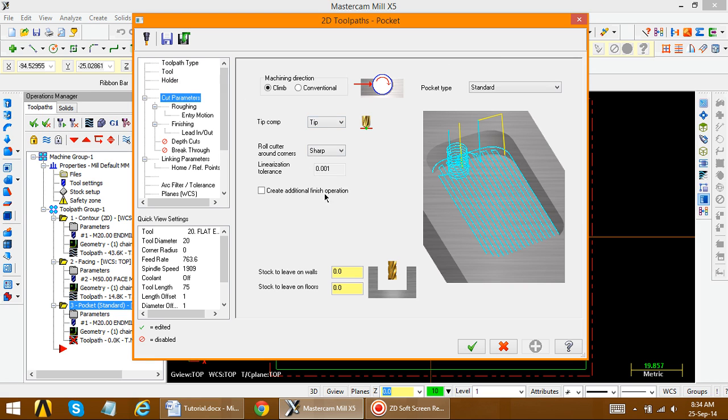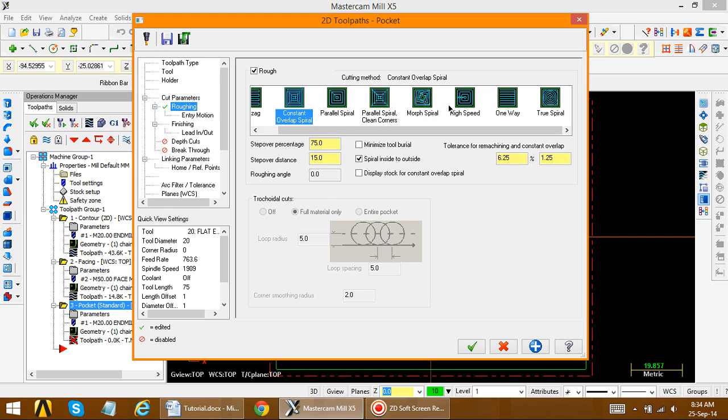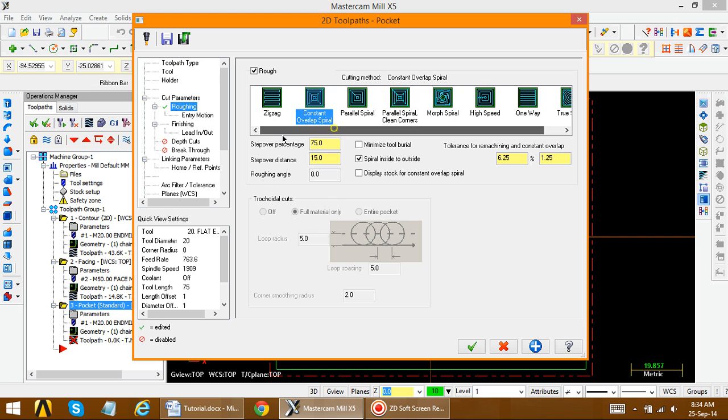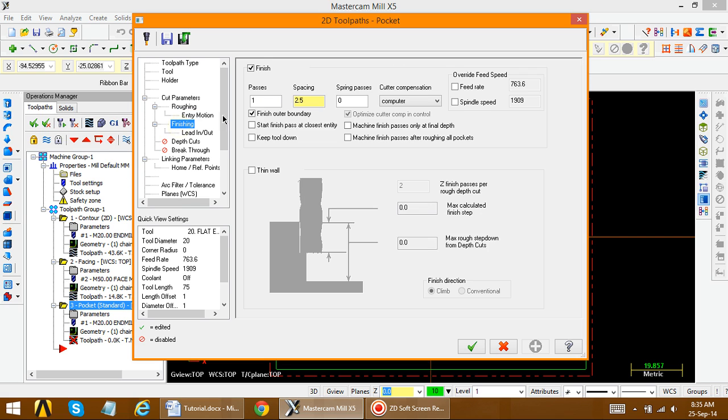Tip remains the same. Roughing, so select the roughing operation, suppose we select this constant overlap spiral. There are a number of types of roughing available, so any one you want can be selected. So apply it, entry motion leave as it is,